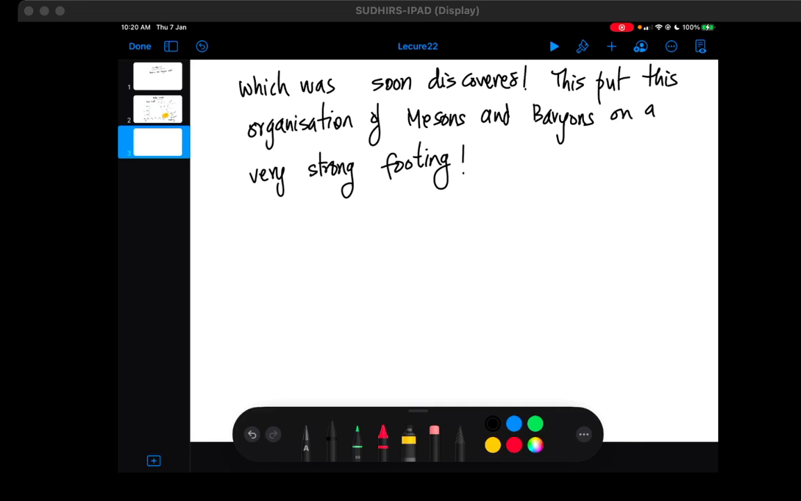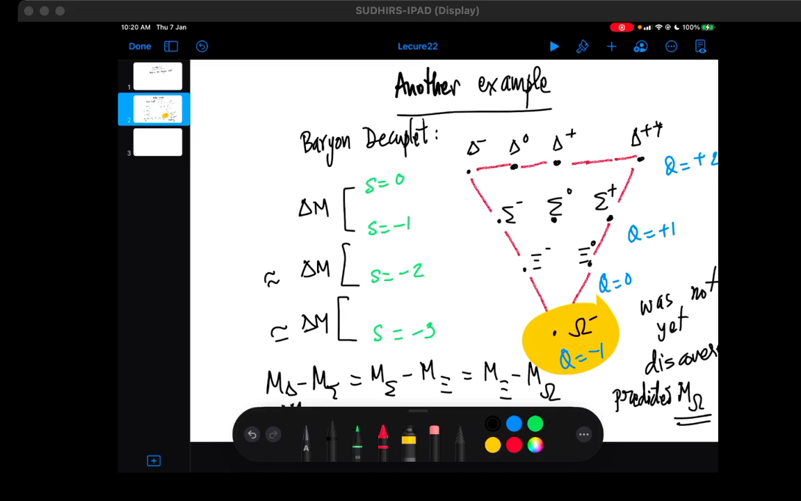So what it essentially told you is that all these representations are 8, 10 and so on. There could be higher representations also, as we'll see, but at the time he looked at 8s and 10s, and with the 10 representation he could predict the mass of the omega, which was soon discovered. So he predicted there should be a particle called omega with this particular charge and a strangeness of minus 3, and this was soon discovered. So he had its mass, its electric charge, everything predicted just from the organization of the mesons and baryons into these nice structures, which are actually representations of this